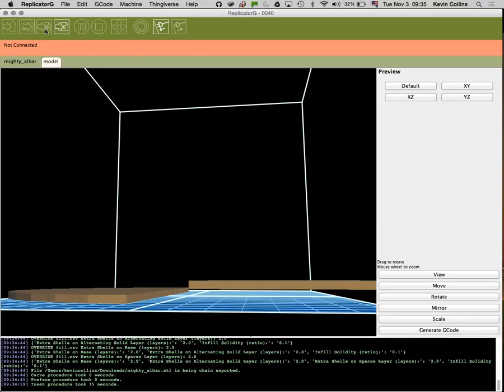Once you're done with that, up here in the upper left-hand corner, it's going to generate what is called a .s3g file that you can put onto an SD card. If you don't have an SD card reader, I've got some SD card readers that go into USBs. That's where you're going to transfer it to in order to